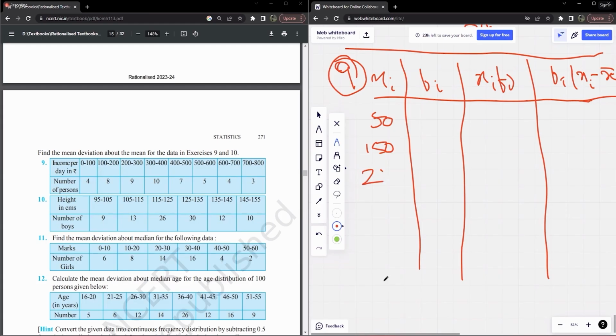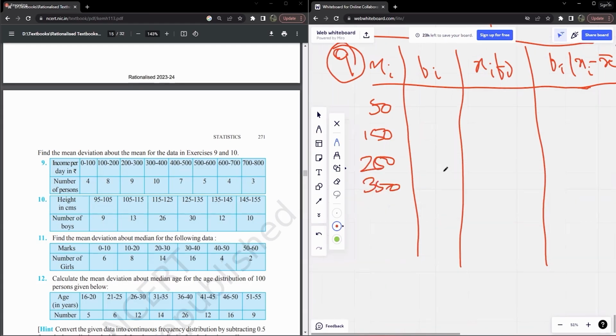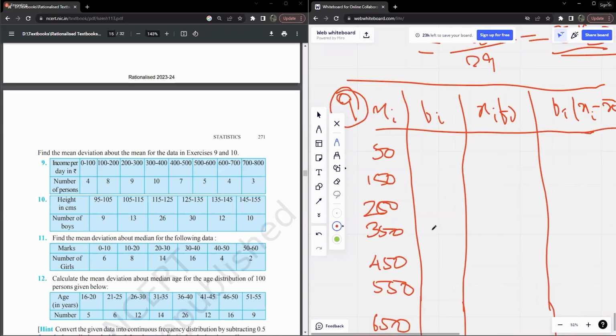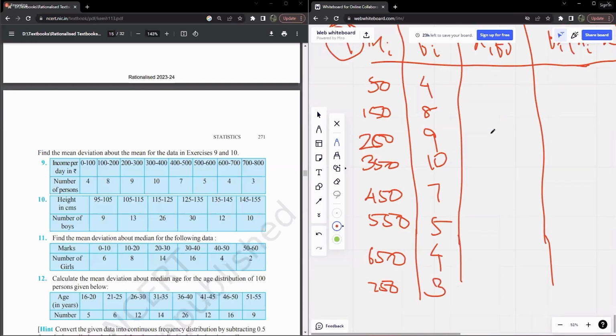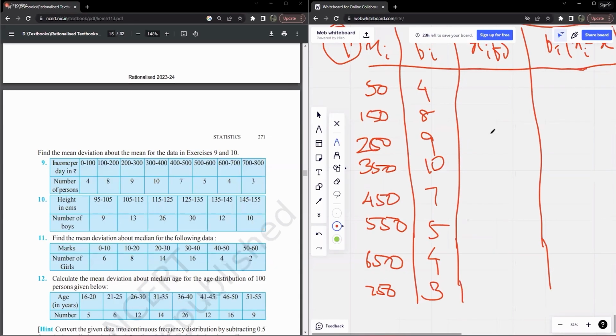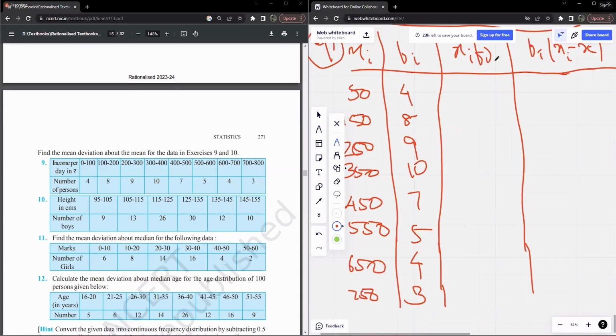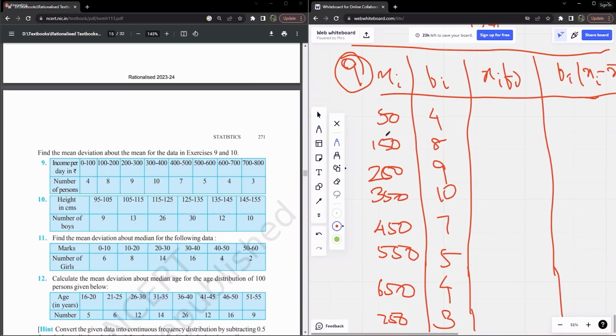Cool. All right. So then we have the number of people being 4, and then an 8, a 9, a 10, a 7, a 5, a 4, and a 3. Finally, we have fi xi. Or instead of actually fi xi, what we can do is the step deviation format, step ui being equal to, right? Instead of this being fi xi and this being the whole thing,